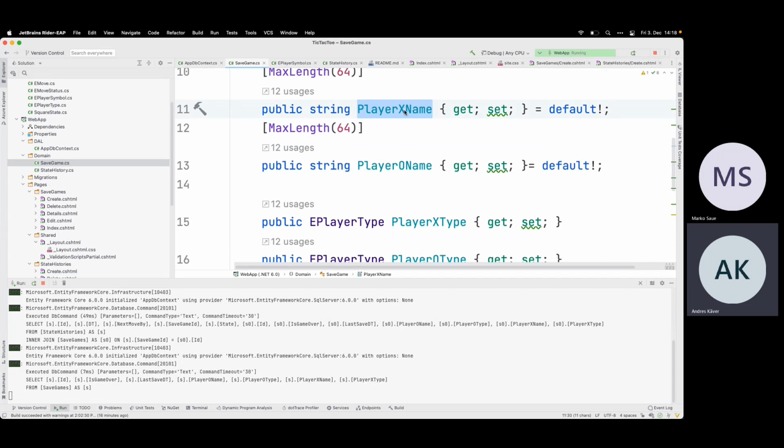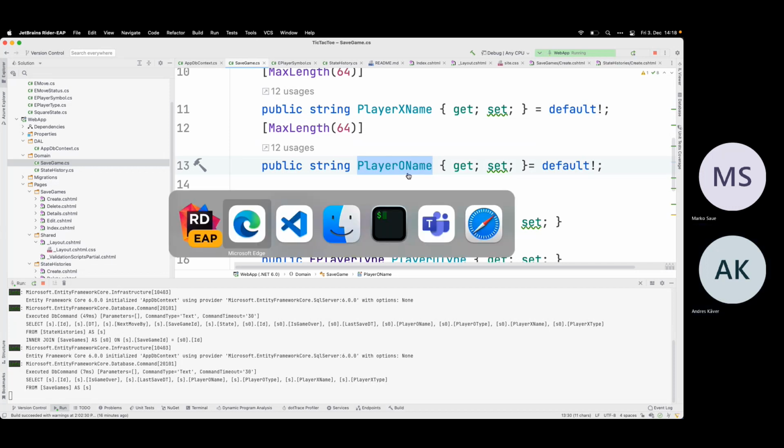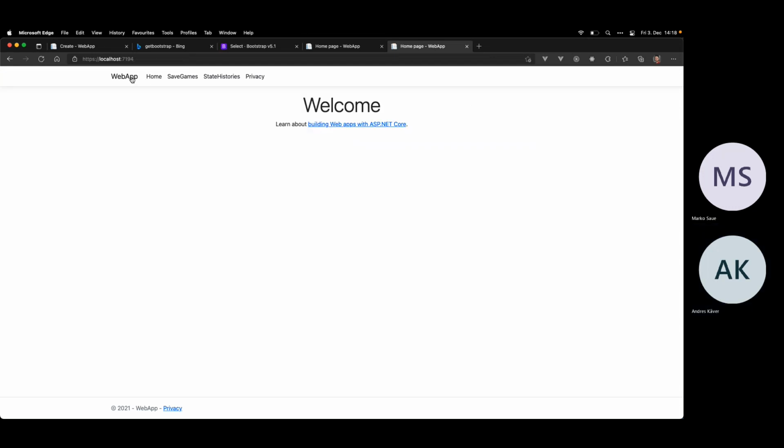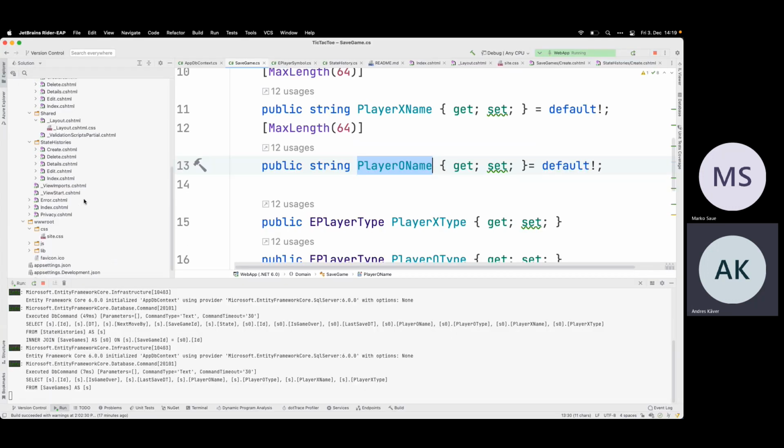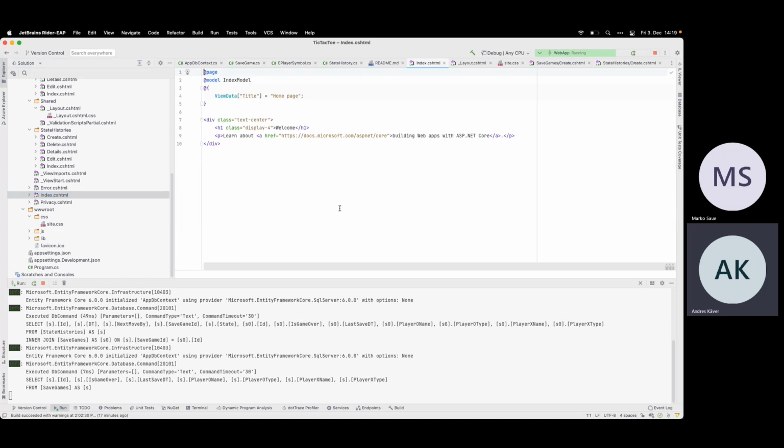But basically this player X name and player O name is like the user ID, matched to some kind of nickname. So before I can do anything, I should ask for the user nickname here. Get the user ID, then we know who it is, and what he can actually see. So right, let's do it. So this means that we have this index page. Welcome to TikTok2.